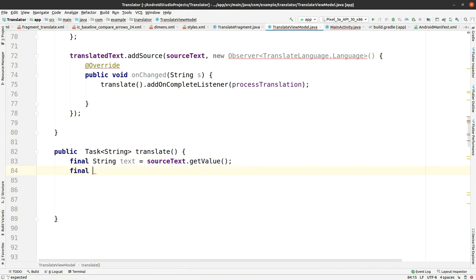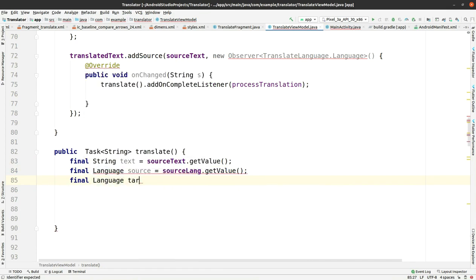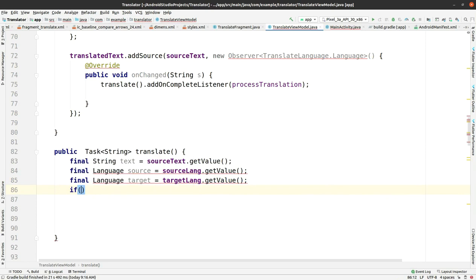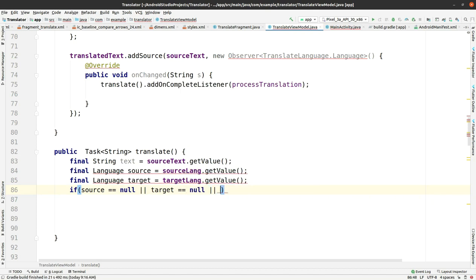First of all, you have to get the source text that you will be writing for translation, and we will be performing an operation on that source text and converting it into the target text, that is the favorable language you want to translate your text into. Okay, so let me add two variables for it, source and target. Now we'll be checking if source is empty or target is equal to null,